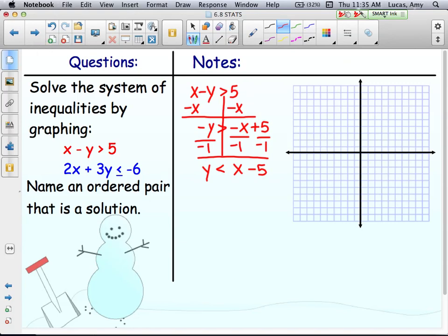So -5 is my intercept. My slope is +1. So rise 1, run 1 to the right. So here's my boundary line. The less than symbol is dashed and shaded below, like that. My blue inequality,